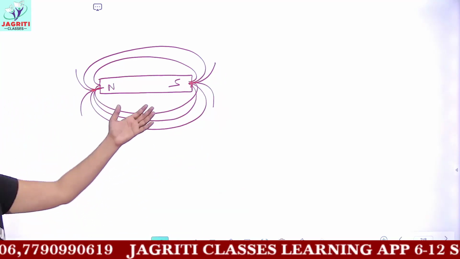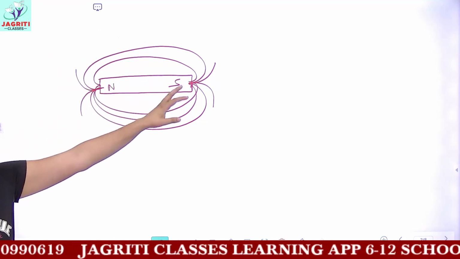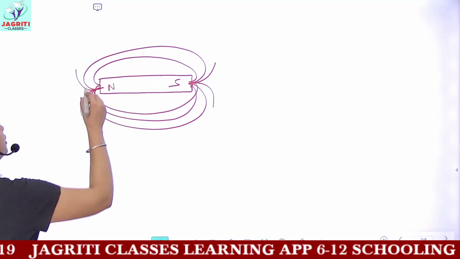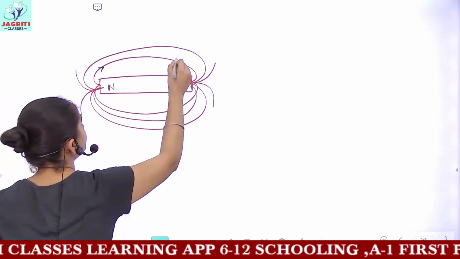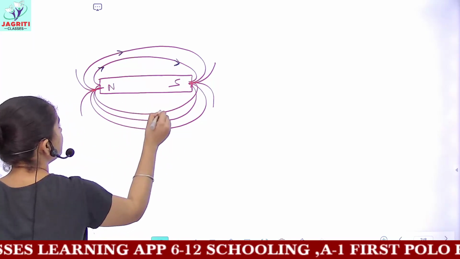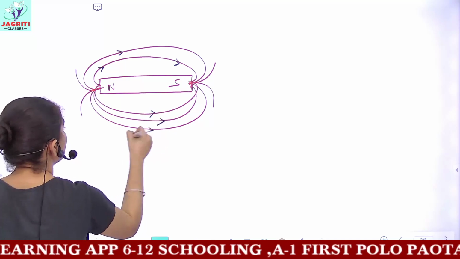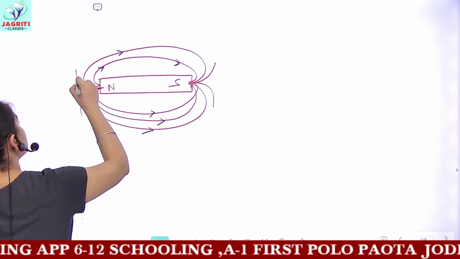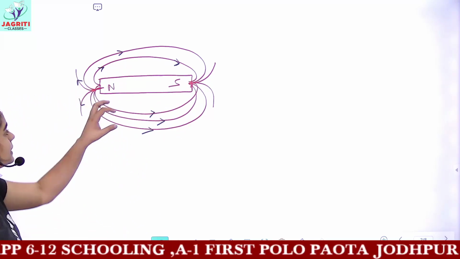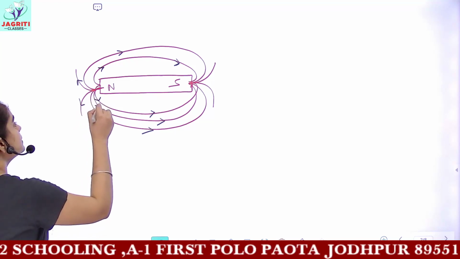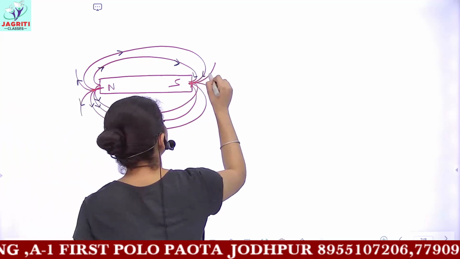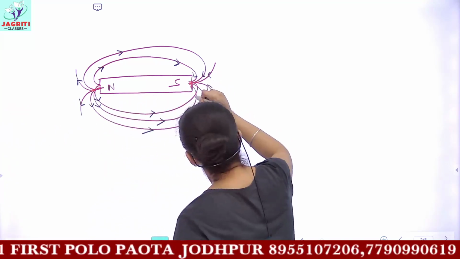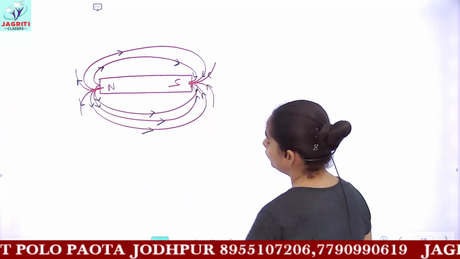And I told you if you draw just this diagram, then this would not be a complete diagram because you have not signified the directions with the help of arrows. So magnetic field lines move from the North Pole to the South Pole. So the direction would be this. Outside, it should be from north to south. That is, you can say the magnetic field lines move away from the North Pole, okay? And the magnetic field lines move inside, or they move towards the North Pole.